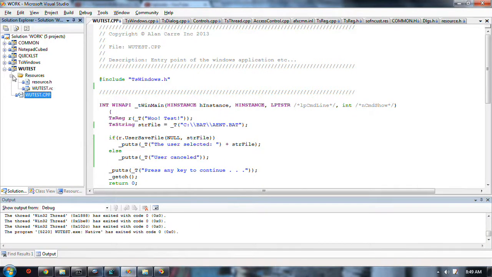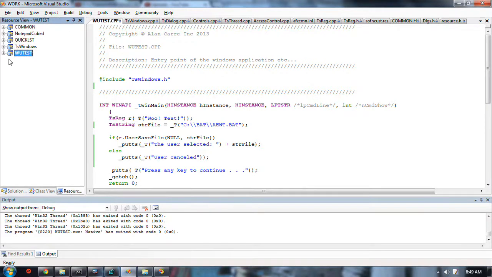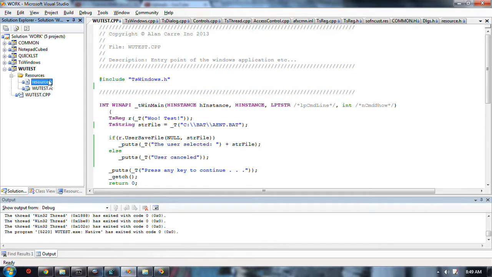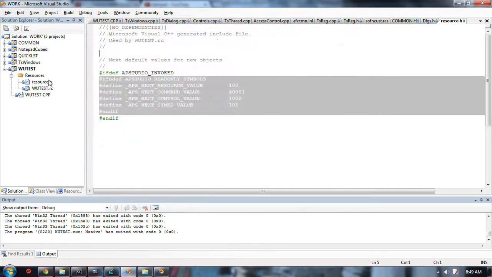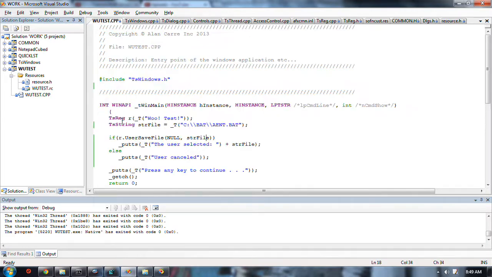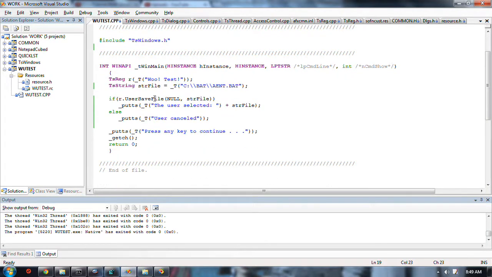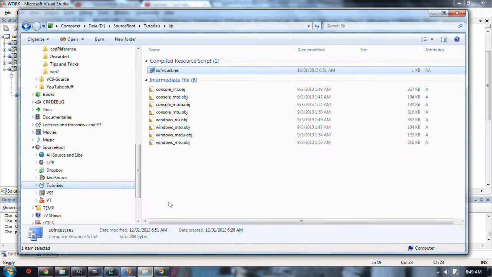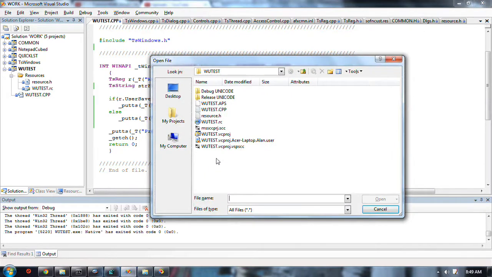Now here's the interesting bit. How did I do it? You will note that there's no longer any dialog resource in here, so I don't need resource.h. In fact, there's nothing in here. This is all if depth away. And if you look, actually I have to open it this way. Woo test,